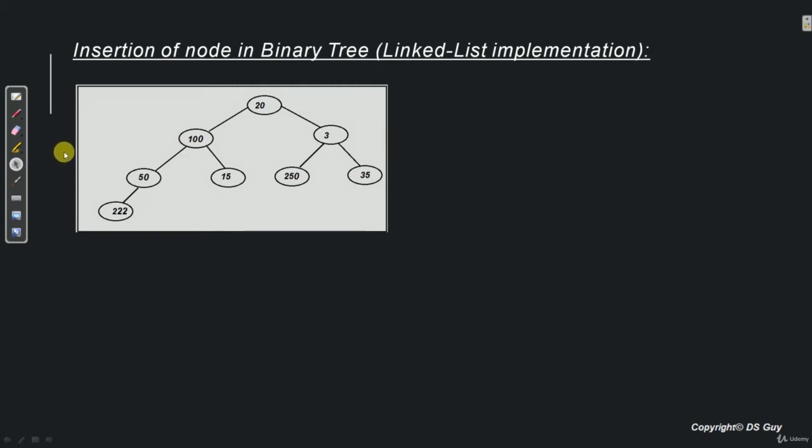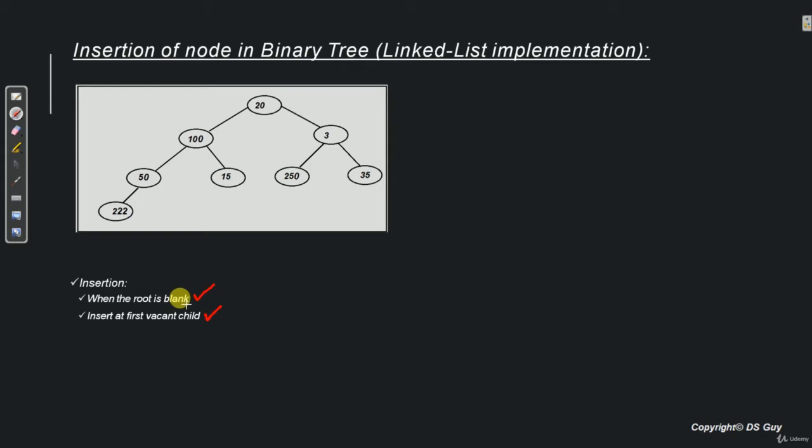So when we are inserting a new node in a binary tree, there can be a total of two conditions. That is, when the root is blank, that is, it's a blank tree, the tree does not exist. And the second case is where the tree exists and we have to look for the first vacant place. So as obvious, in case 1, if the root is blank, that is the tree does not exist, we simply create a root node and we insert a value in it.